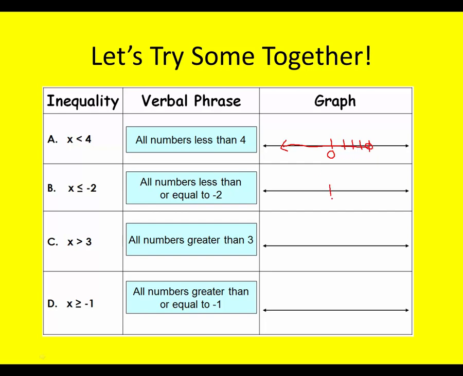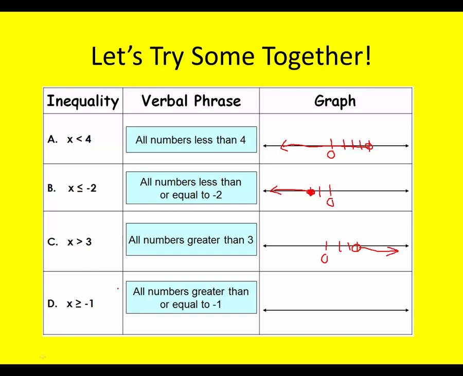For this one, I'm going to start with 0 again. We're going to go over to -2. This one will be a closed circle because my door is there, which is my equal to sign. And then again, my bow and arrow would shoot to the left since that's the point. And then for this one, start with 0 again in the middle. Do 1, 2, 3. It's going to be an open circle because it's not including 3. And then my bow and arrow this time will be shooting to the right